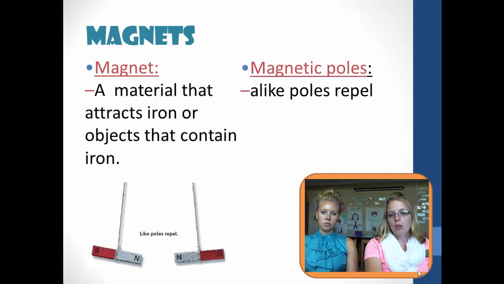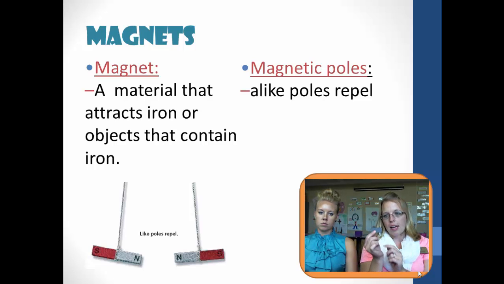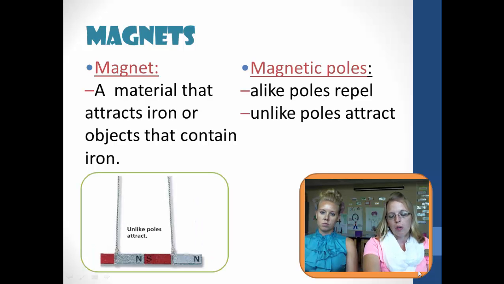Okay, so there is a part of a magnet. If you look at a magnet, the magnet has ends called poles. And the poles are just the very tippity ends of the magnet. So this one has two poles. And on the screen you can see a better picture because they're color coded. So you can see red for south and N for north. If you face like poles, so two norths or two souths together, they will repel. But if you have two poles that are opposite,